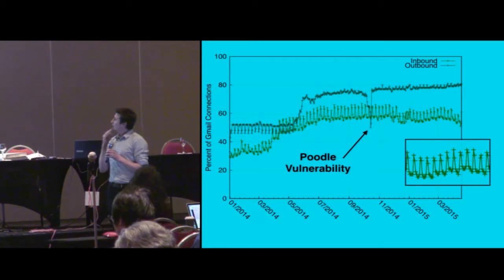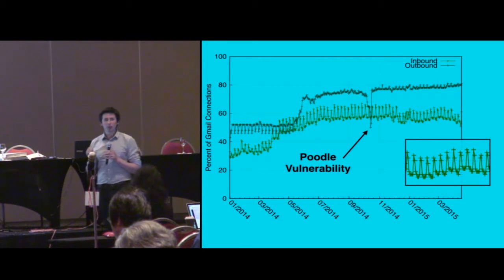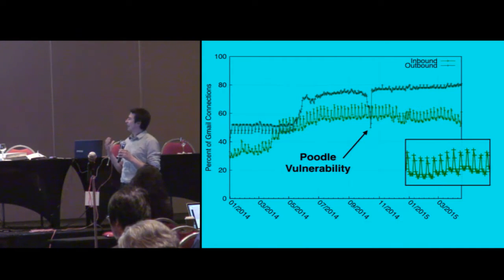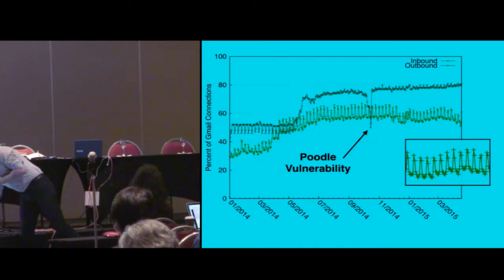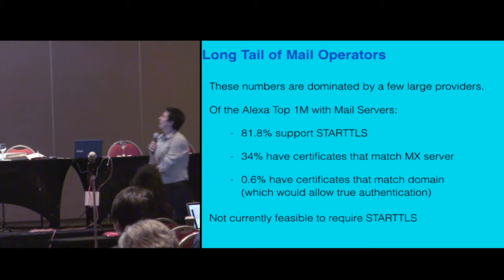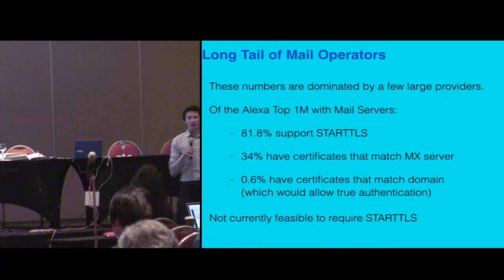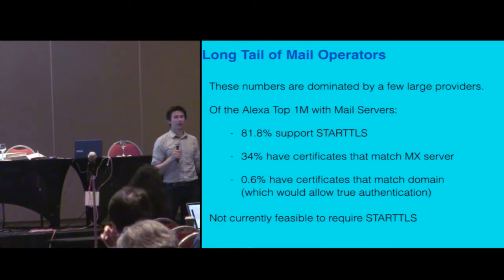And I guess the takeaway here is the fragility of this ecosystem. You don't see these major drops like this in the HTTPS space, but in the mail space, it's not quite as pretty. We've kind of been ignoring it for a while. For this long tail of operators, we look at the top 1,000,000 web domains, which isn't necessarily the top 1,000,000 mail domains, but gives you a decent sense of who the big companies are, who are the people who are sending mail. Only about 80% of organizations support STARTTLS at all.